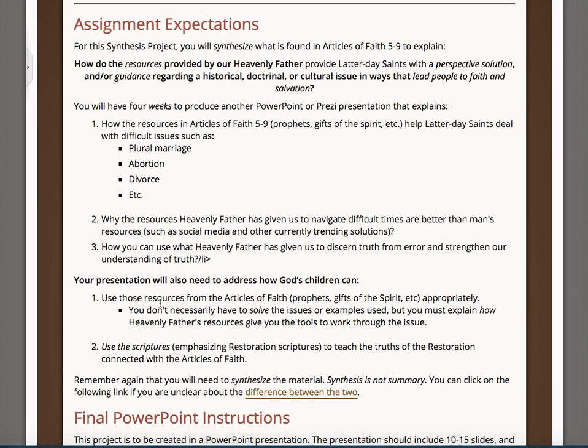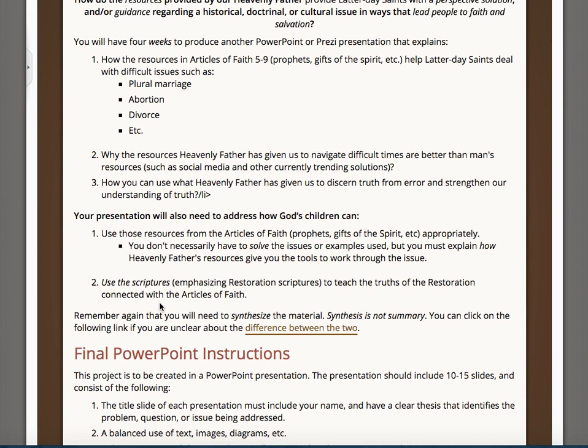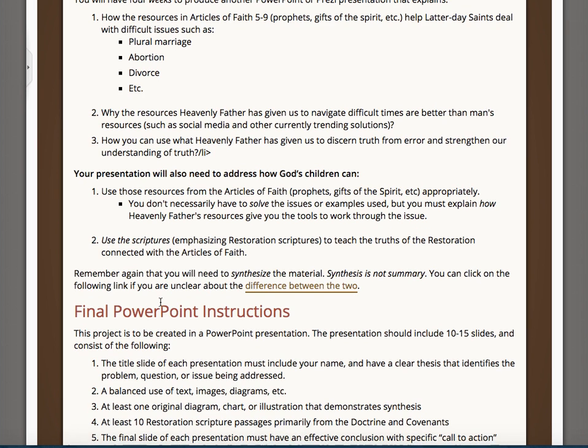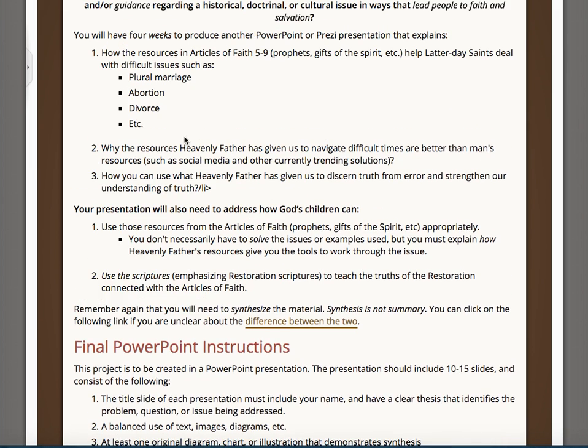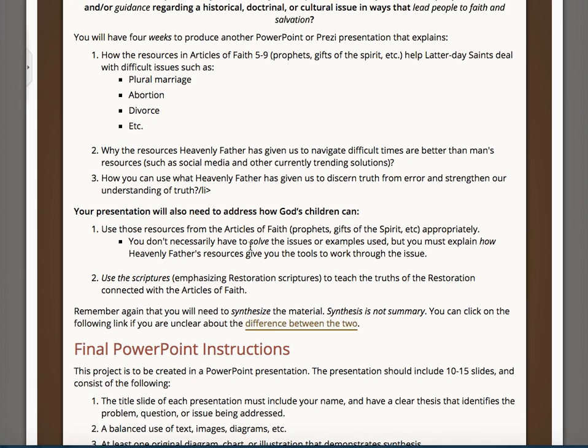These instructions here are pretty straightforward. I think they keep fine tuning them. They're not perfect yet, but they're better than they have been in past terms. So if you're finding them difficult, just think of those who've gone before you. Anyway, here it is. This will be your final PowerPoint. This one's due, I believe, in week 10. And then this final one's due at the end of the term.